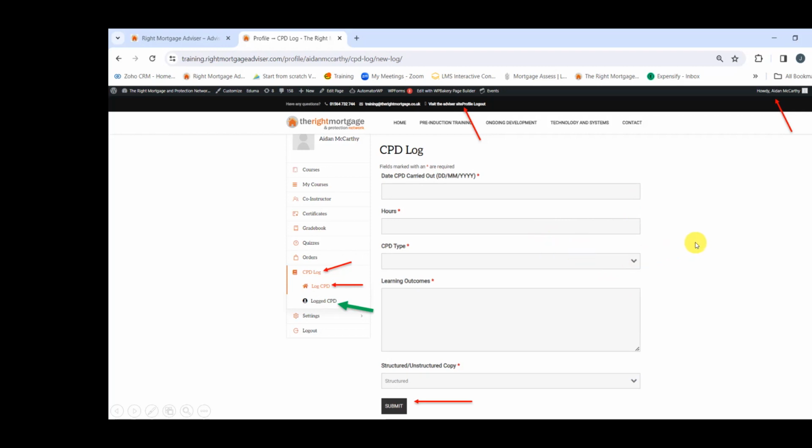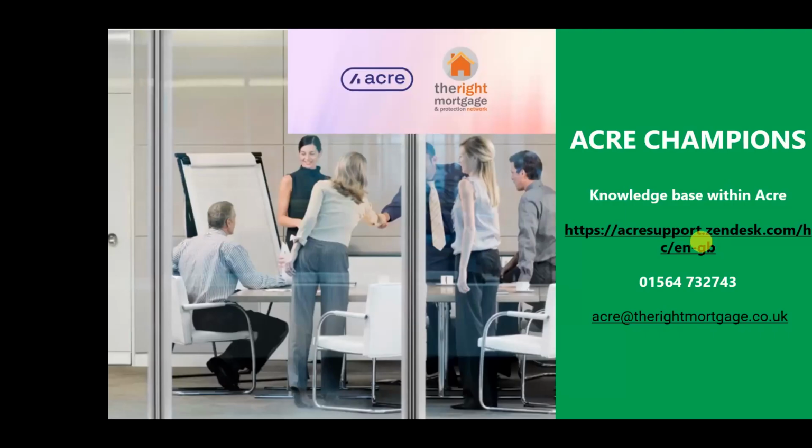Okay, and again, where we went earlier about the guide for putting PMI on Acre, there's a guide to adding your CPD as well, and it's really straightforward. Literally go into the advisor site, across to training, log CPD, fill the form in, submit it, and that's all you need to do. Okay, Amy talked about the